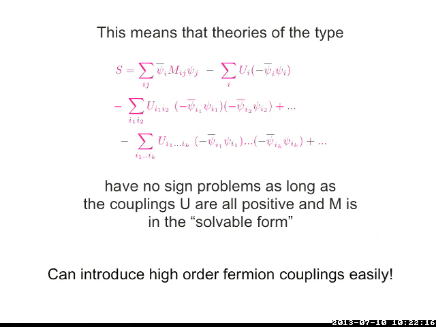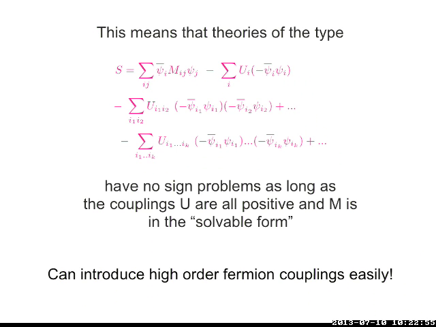That's what we learned from this. Now how does that help? So let's go back to the kind of things that we can solve. Let's assume that there is an action which has a solvable matrix, but then lots of interactions, as many interactions as you want, and I put in interactions of that type. All of these, when I expand in Grassmann variables, will just pull down polynomials, and every time I get a 1 or one of these terms, and as soon as I get one of these terms I can do that integral, it's going to be positive. So every such problem is completely solvable. There is no sign problem in any of these interacting problems.